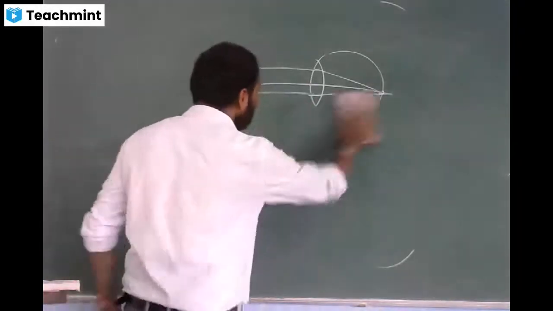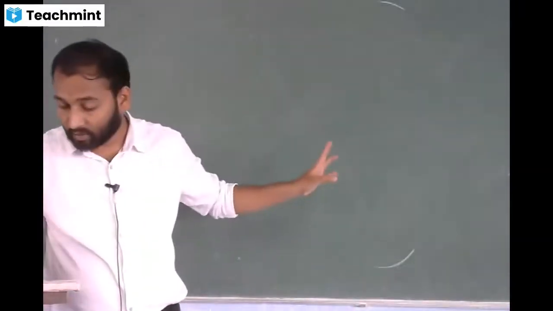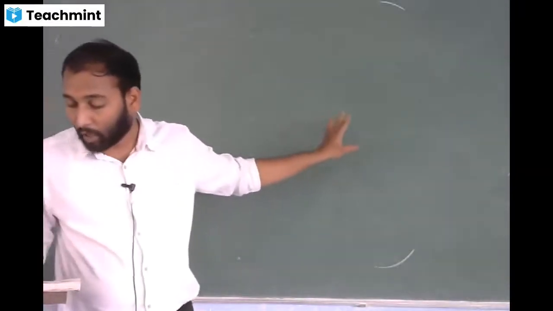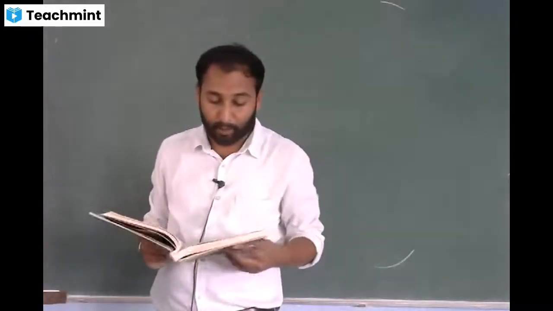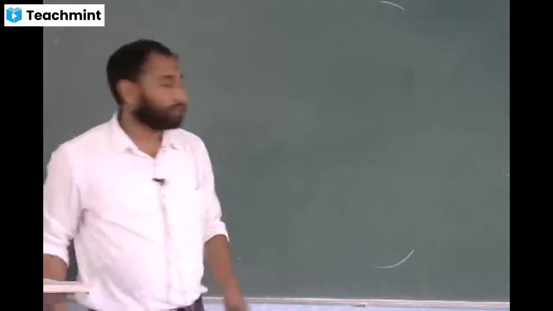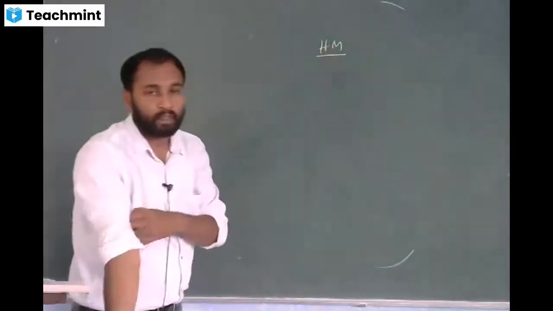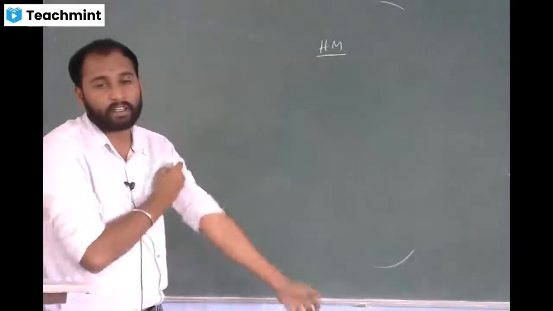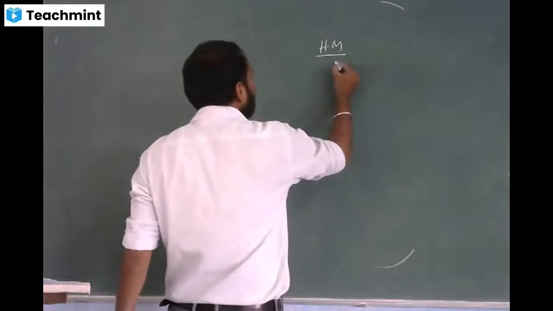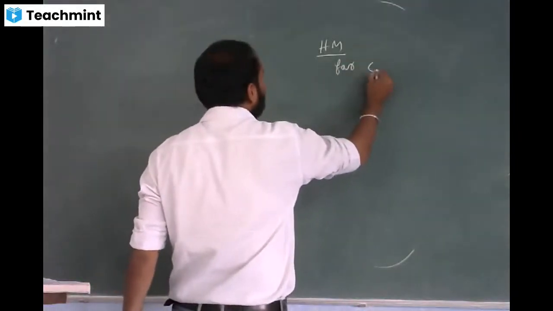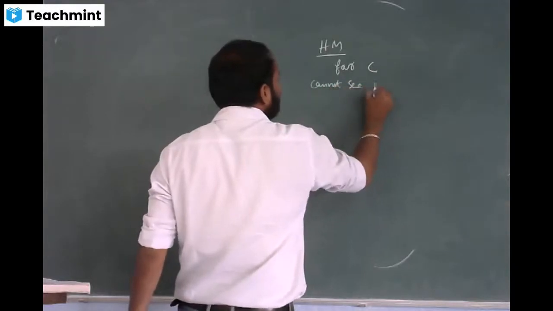So this is the answer for the first question. We have to draw the ray diagram to show how hypermetropia is corrected. In that, the near point of the hypermetropic eye is 1 meter. So first we should know what hypermetropia is. Hypermetropia is far-sightedness or near-sightedness? Far-sightedness. So that means you can see far objects clearly. You cannot see near objects.